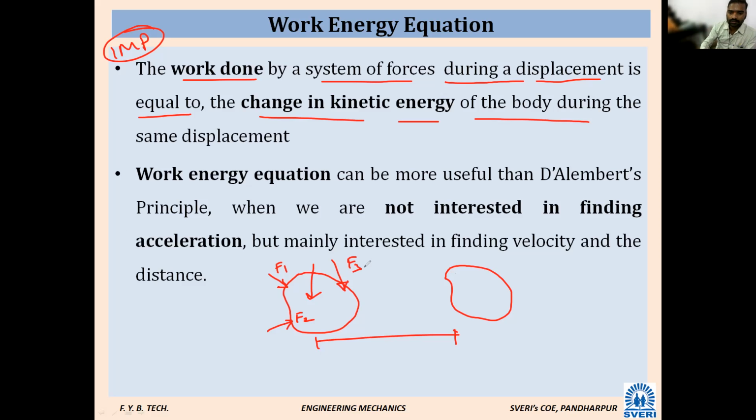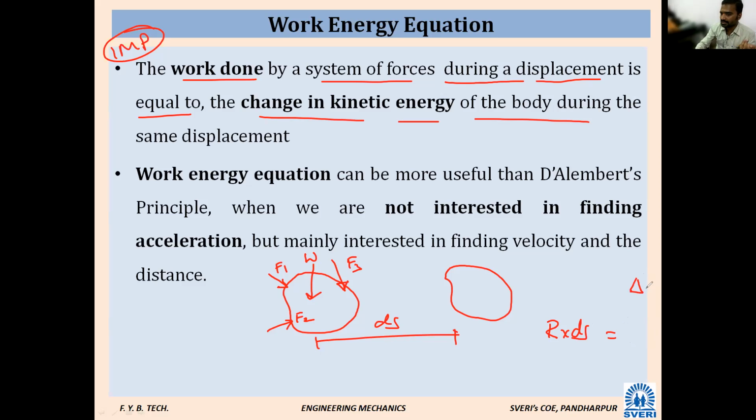Okay, this is the body and it is displaced by a distance ds. Looking at the figure, what forces are acting on the body? F1, F2, F3, and its self weight also. By considering all these forces, can I take one resultant force? Right now they are individual forces. After some time the body is displaced to this point. Why has it displaced? Because of the resultant force, which is due to all the individual forces. Can I take that resultant force as R? R into ds, where ds is the displacement, is equal to the change in kinetic energy.